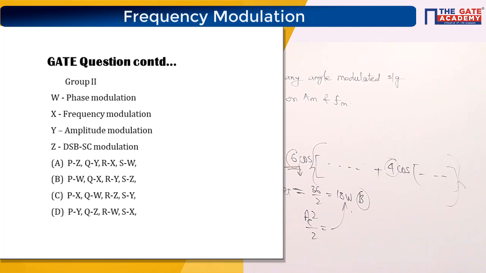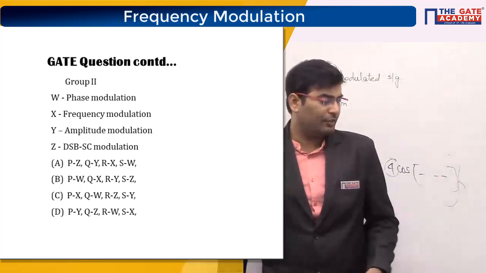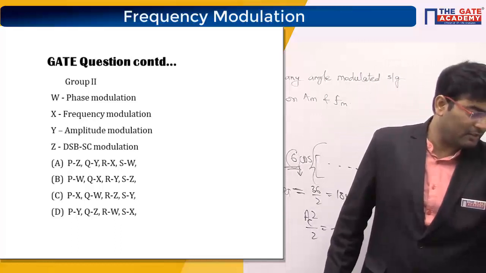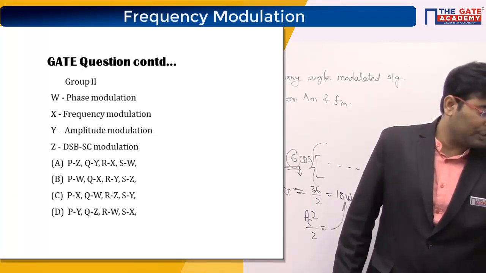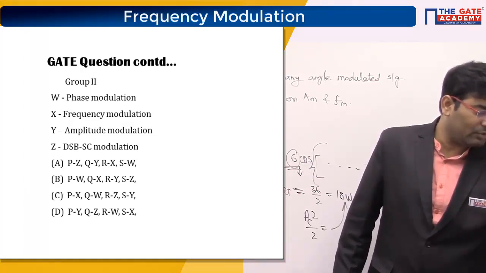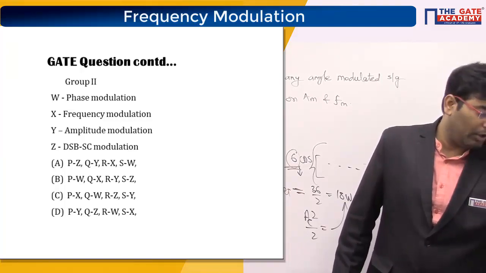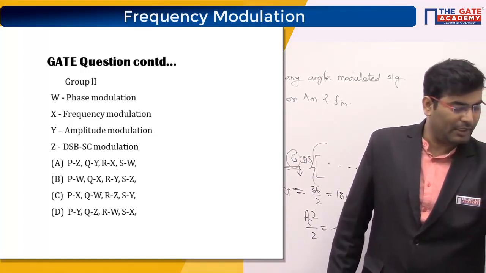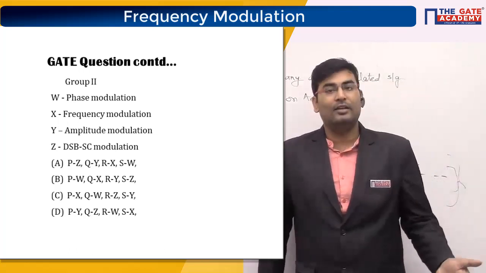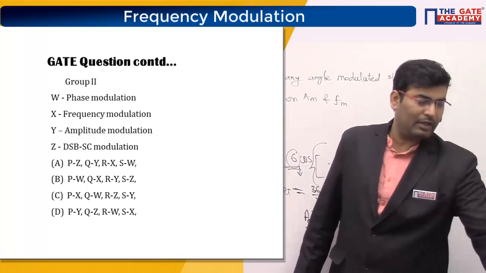I am not going to go into full detail because once you know the answer is D, you can map it up and see. You know what phase modulation is, what frequency modulation is, amplitude and double sideband suppressed carrier. Option Q should be mapped with double sideband, because there is no carrier in option Q. That's why option D is the right answer. Option R is A sine omega ct plus kmt, and A sine omega ct plus integral. The moment you see an integral, it is FM. The moment you see the direct message, it is PM, and you are done.